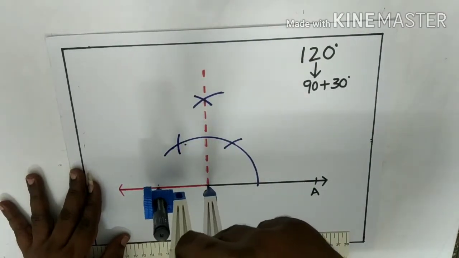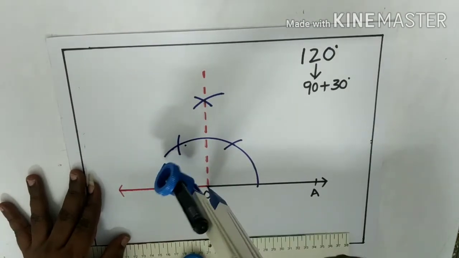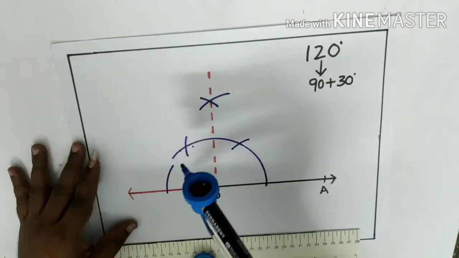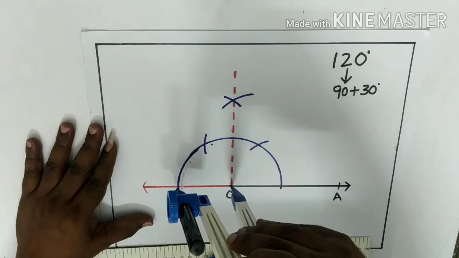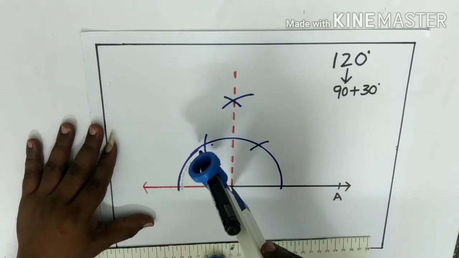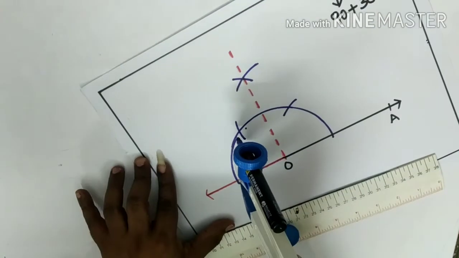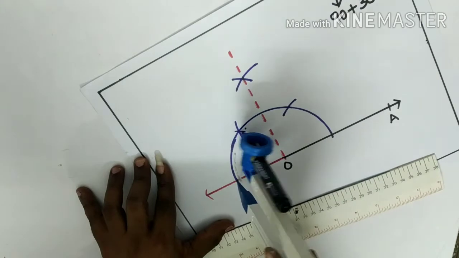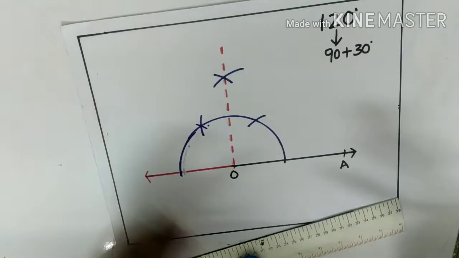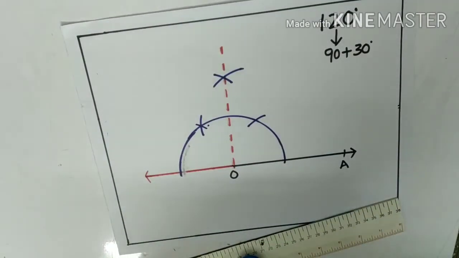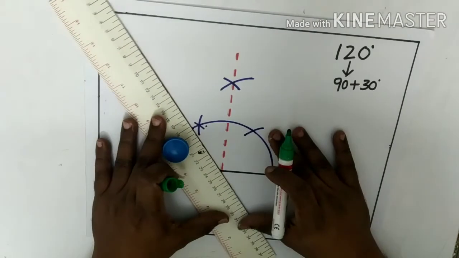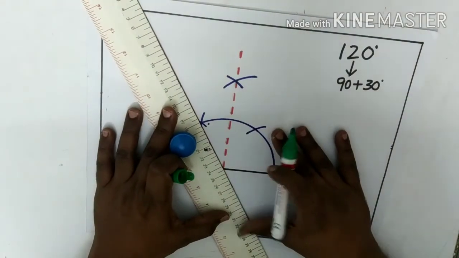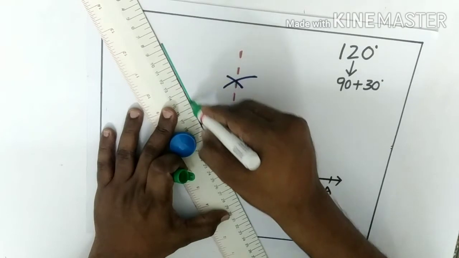One arc from this side. Now from here, now I am drawing one arc. Now from this point you cut the arc, of course it will come there. Now join these two lines. If you join these two,